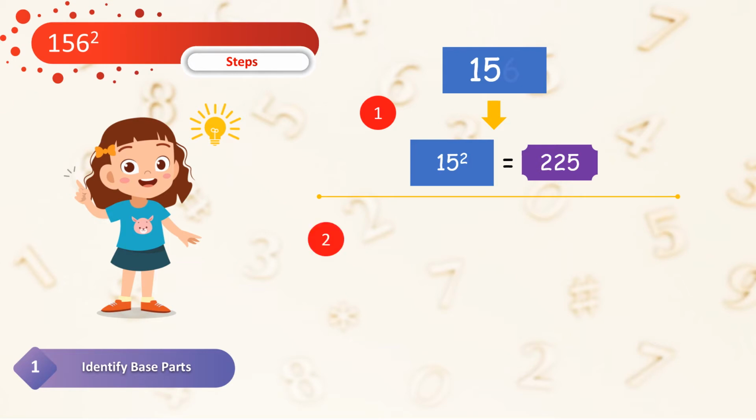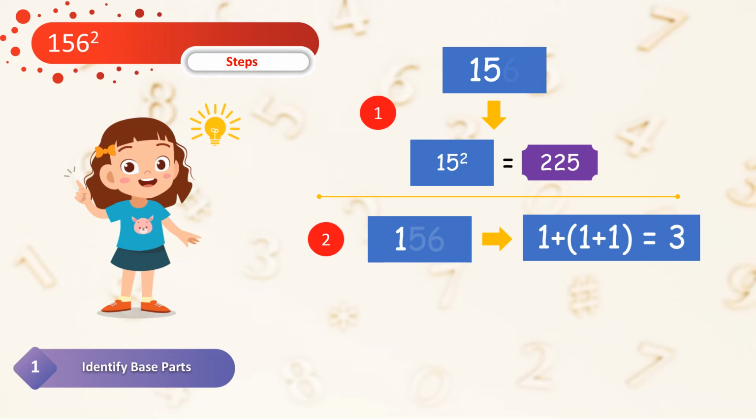In part 2 of the step, which is much simpler than part 1, again start with the number 156, ignore the last two digits, and take the 100th digit of the number, which is 1. What you have to do is add the 100th digit with 1 more than the 100th digit. In this case, the 100th digit is 1. So add 1 plus 1 more than 1, which is 2. So 1 plus 2 is 3. We are going to use the number 3 in step 2 as well.